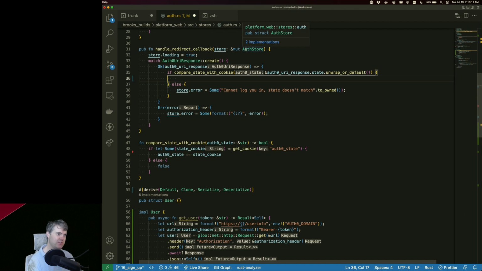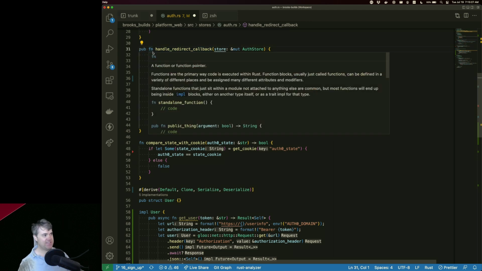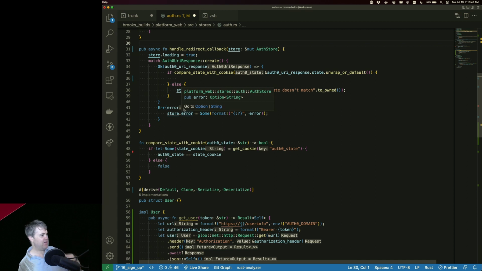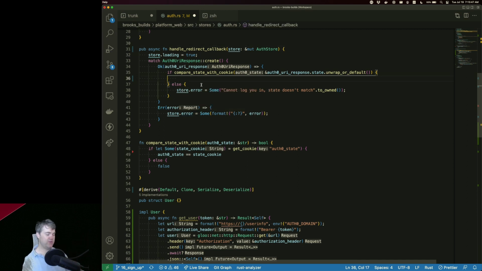It's a mute auth store. I wonder if I actually need to make this async. And then we're going to have to put the async block outside of this, like whoever calls handle redirect callback. Okay.